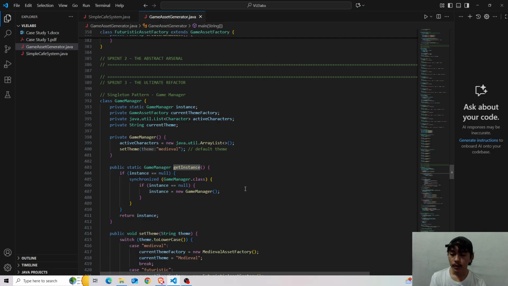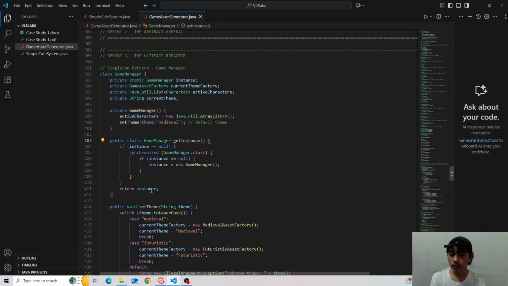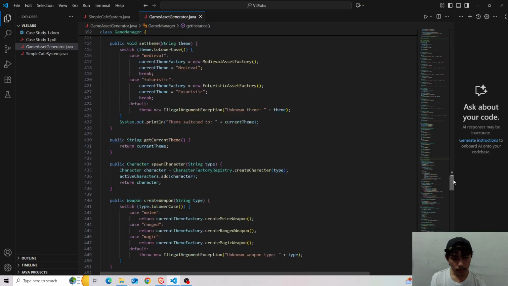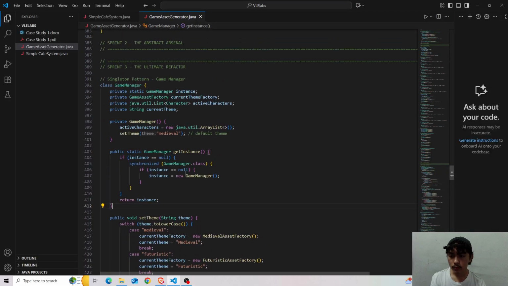Yeah, here. Game manager gets instance. So if no game manager is currently running, then it'll get an instance and returns the instance. That makes sure that only one instance of game manager runs at a time.